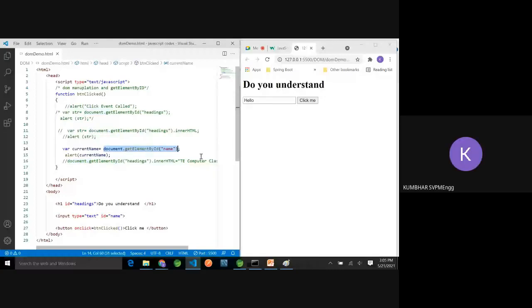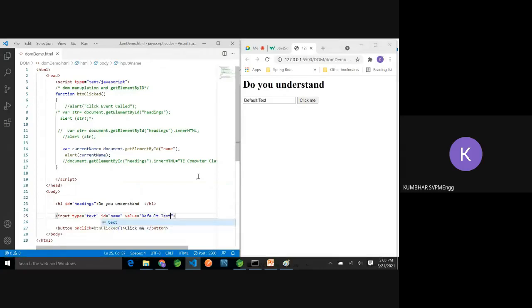But if I want the contents, for that you should know which is the attribute which assigns the content. So I'm changing in the code value equal to, let's say, default text.